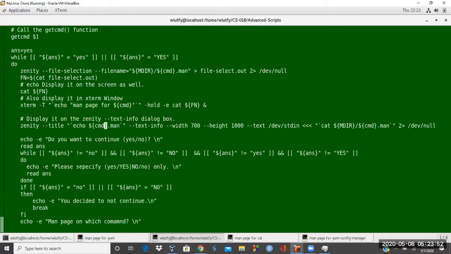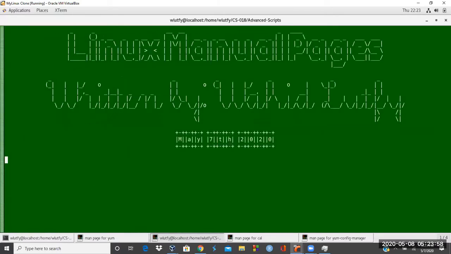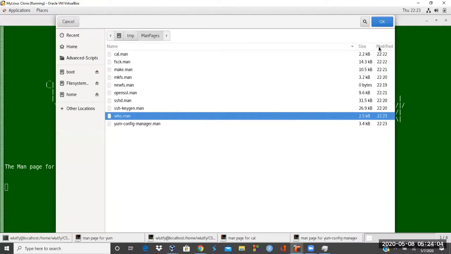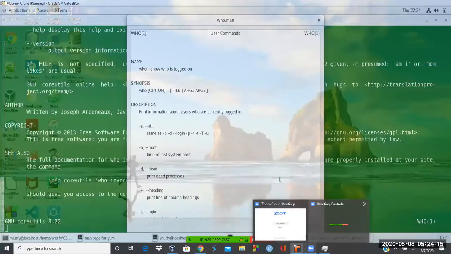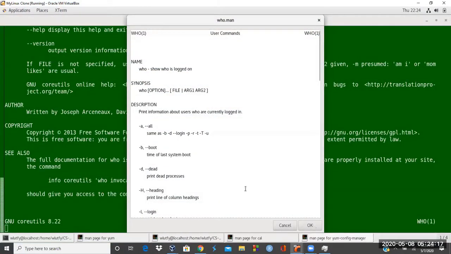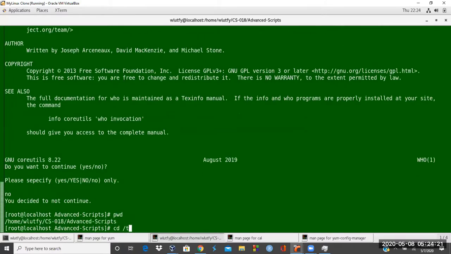And let's try one more time, and then we say command who, and so the who is open, and who.man is accurate in this. So that was the typo that was there. Always there's a typo that you have to worry about. So this is good, everything looks good, and I'm going to exit out